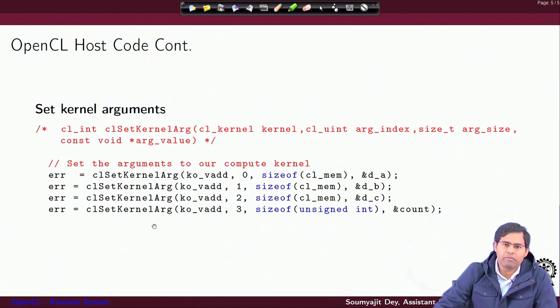Now, why do we have multiple calls? It may happen that in each of these attempts to provide arguments to the kernel, you face an error. So for each of those operations you have separate calls, so that if you get an error in any one of them, it will be flagged here. I can write some handler code so that if any of these operations gives an error, I do an OR of them, and then you exit from here.